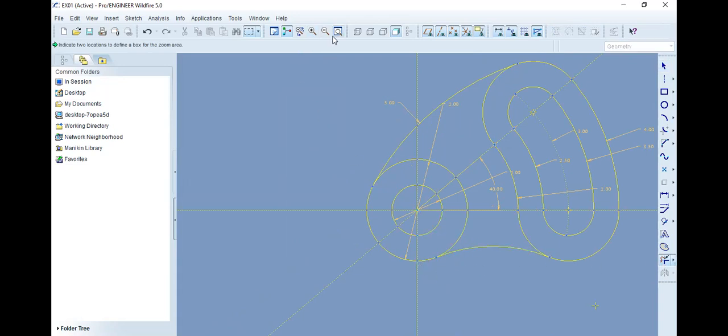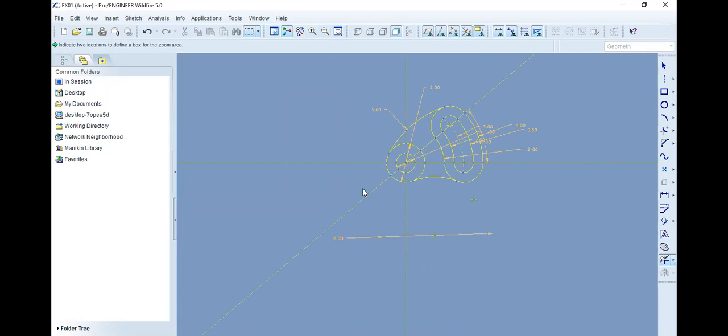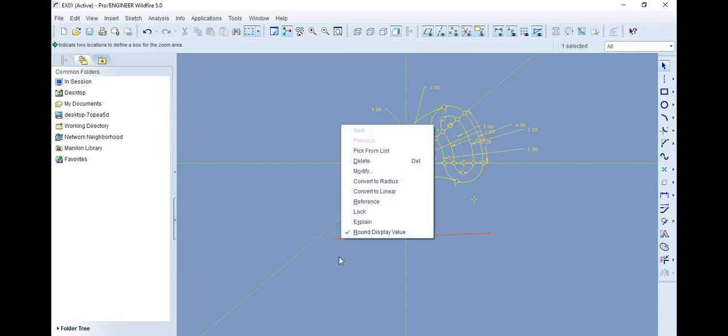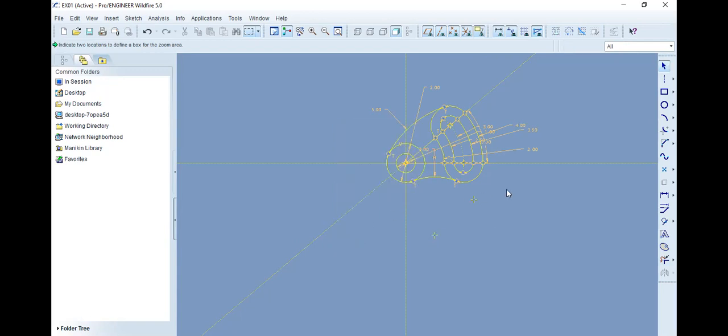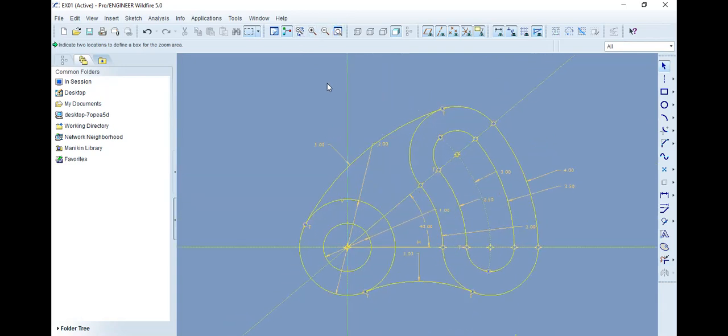Right. So once you are done with your drawing, see here this dimension again is a diameter. So you can just select it and convert into the radius. Right. So this is your sketch number 1. This one is experiment number 1. You can fit to the screen, and once you are done with the sketch, check whether all the necessary dimensions are given and all the dimensions are correct.